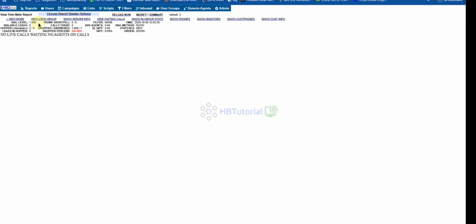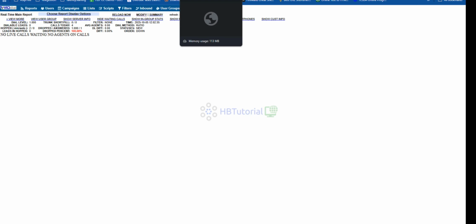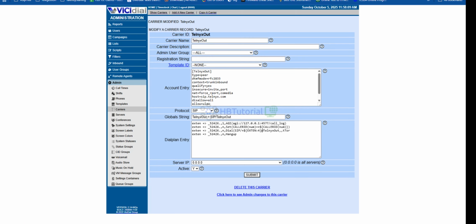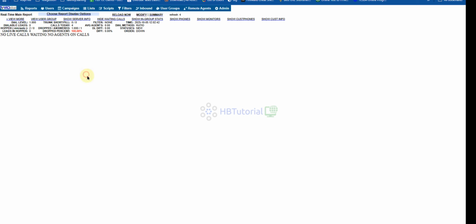Once it's successfully added, we can start the dialing. Loading the data takes 1 to 2 minutes. The hopper will refresh.